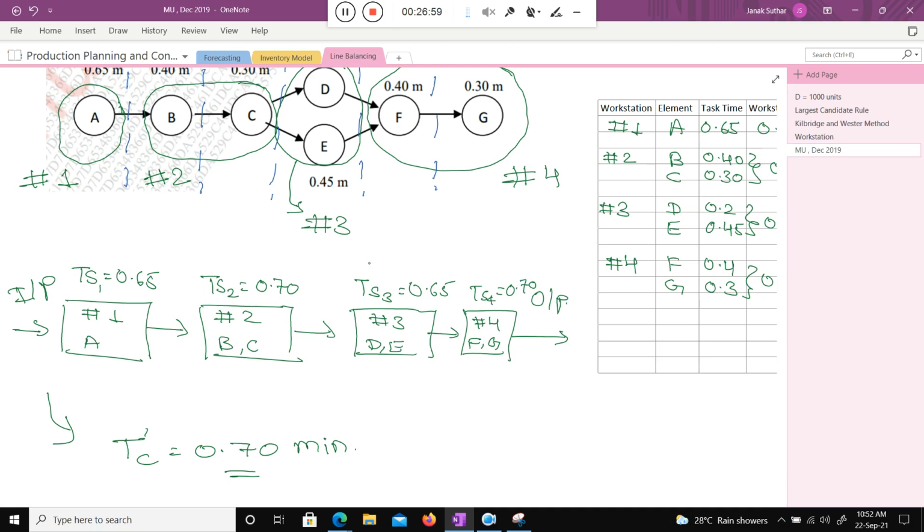Even in automobile companies, where automobile assembly is done, when you see many videos you will find that the cycle time is 10 minutes. In 10 minutes you are not producing the entire car, but every 10 minutes you are getting an output. That is the thing. Are you getting my point, class? Okay, okay.